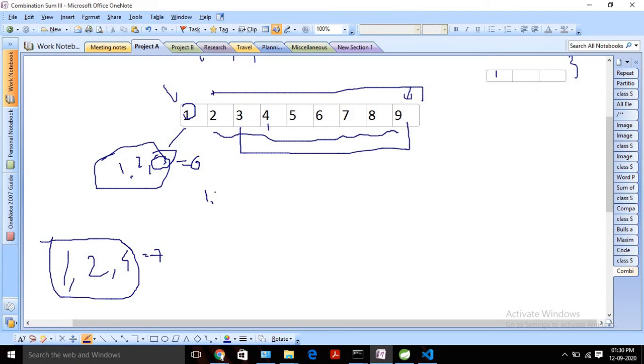So for this example, our initial combination was 1, 2, 3, where size is equal to k, 3 only, and I will see that this is not giving us the expected sum, right? So what we are doing, we are going to remove the 3 and we are going to add another number, right? 1, 2, 4. So in this way we are checking for all the possible combinations, and if it is giving us the expected answer, we are going to add that in our actual result list and we will backtrack and we will try to find out the other solutions, right? So in this way we can solve it.